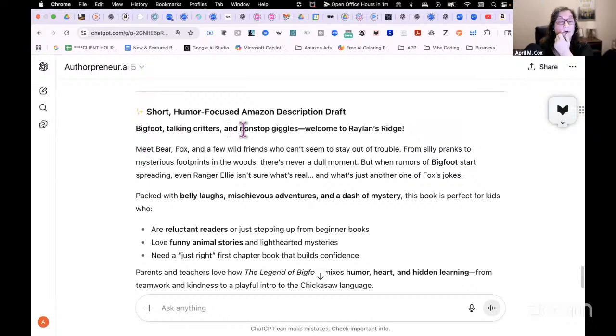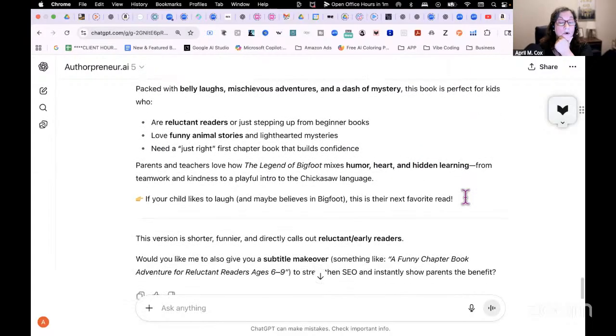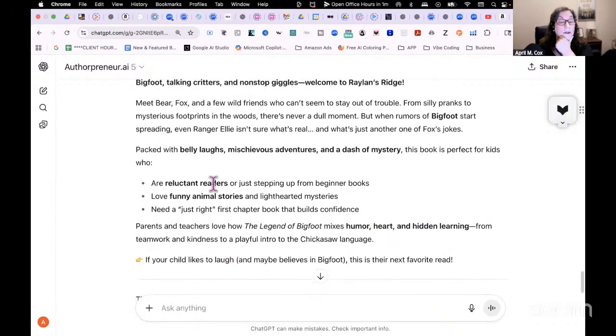Bigfoot, talking critters, and nonstop giggles. Welcome to Raylan's Ridge. So now it's got a more punchy version of it that calls out reluctant readers and funny animal stories. And you can see it's highlighting those things: packed with belly laughs, mischievous adventures, and a